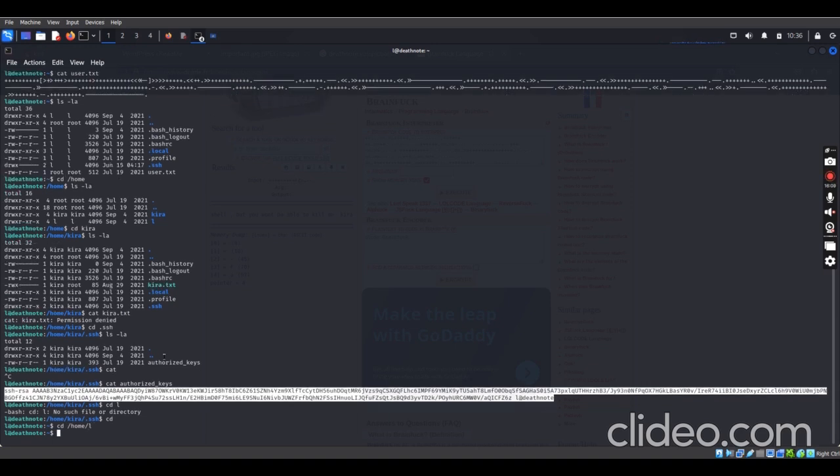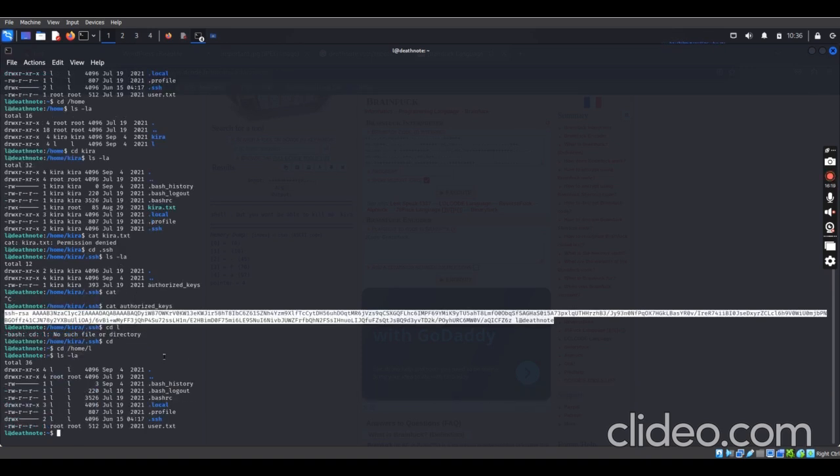Then under here we'll list all. We found that key under Kira's SSH folder, and we also have the same thing under L's folder. So we'll store the authorized key, create another file. We'll create a file called authorized_keys and paste these keys inside just the same way.